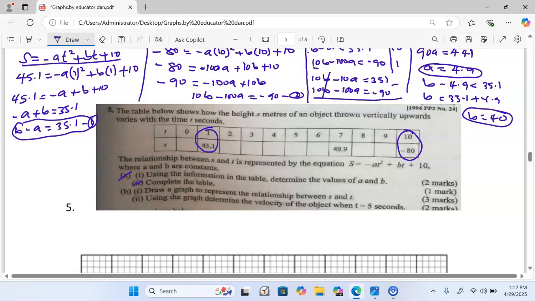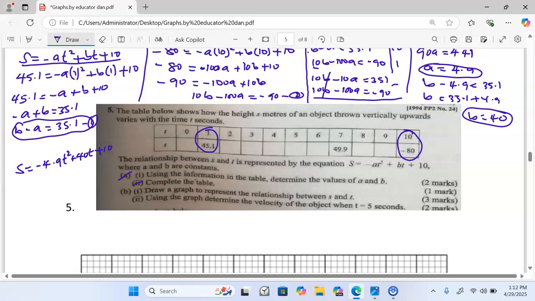Then Roman 2 is where we are supposed to complete the table. And for us to complete the table, we are going to use the values that we have. Remember, in our first column, we are going to have the equation as shown, that is s being equal to negative a, which is negative 4.9, then t squared plus b, which is 40, times t plus 10, and then